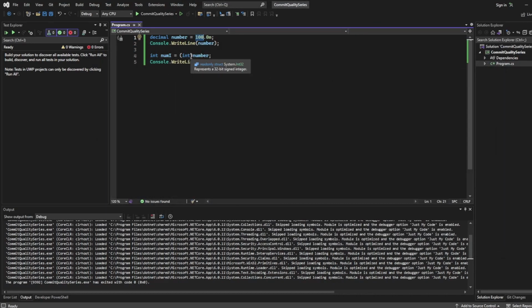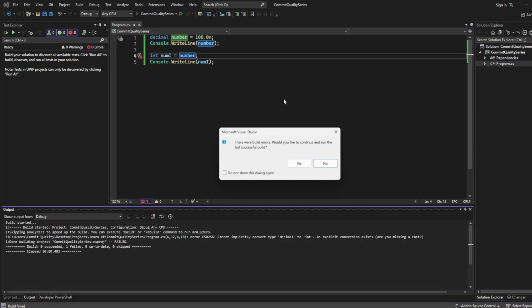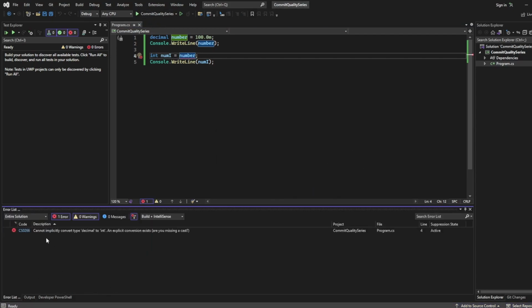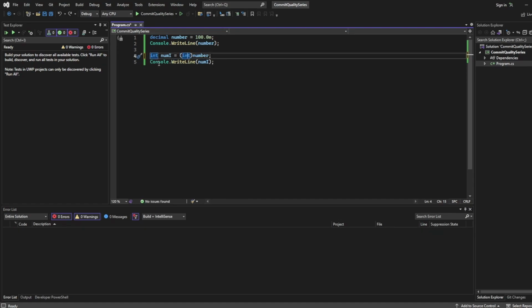Let me show you what happens if I didn't cast it. If I get rid of the brackets with int here, save and run, you can see we have a build error. Here it says cannot implicitly convert type, which is what we did in that first example, type decimal to int. An explicit conversion exists, and it's asking us, are we missing a cast? And yes, we were, because that is how we perform these explicit